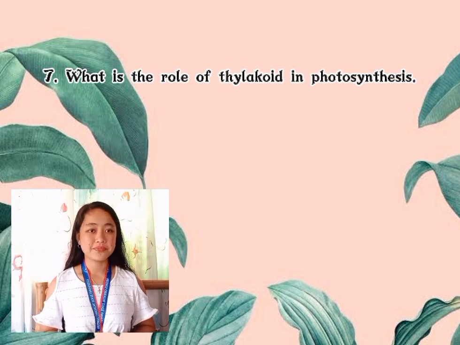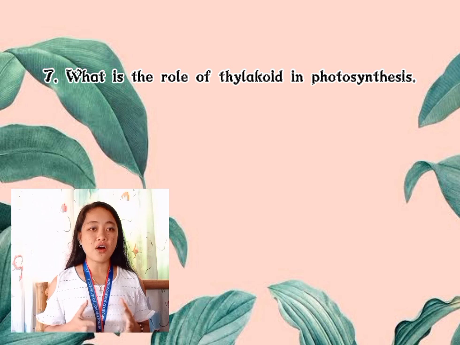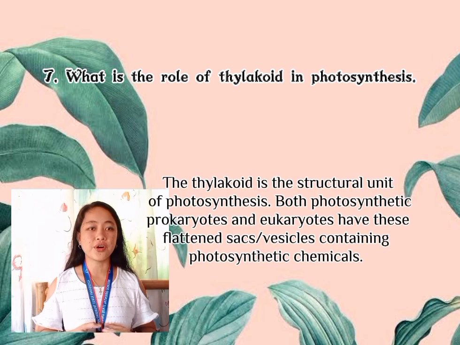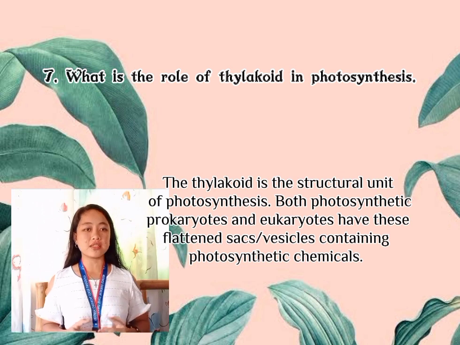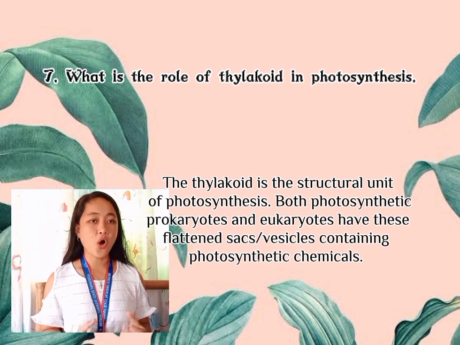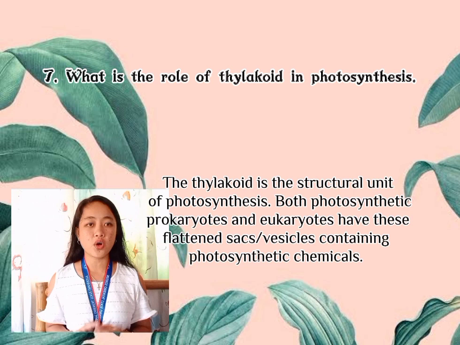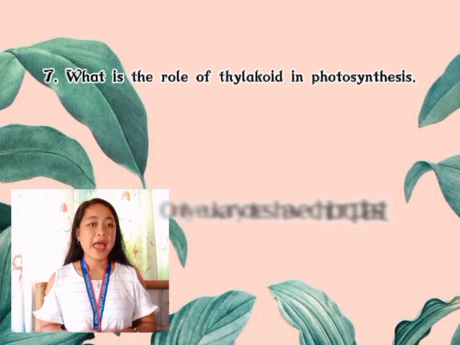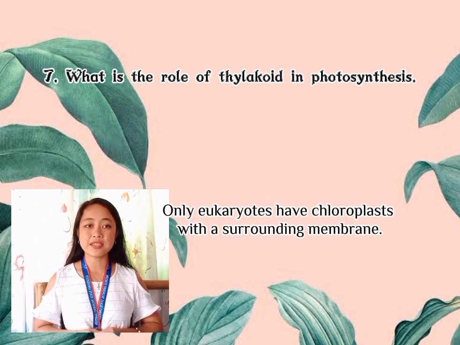So, question number 7. What is the role of thylakoid in photosynthesis? The thylakoid is the structural unit of photosynthesis. Both photosynthetic prokaryotes and eukaryotes have these flattened sacs containing photosynthetic chemicals. Only eukaryotes have chloroplasts with a